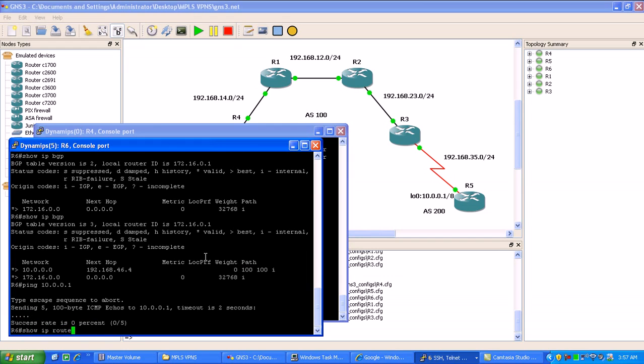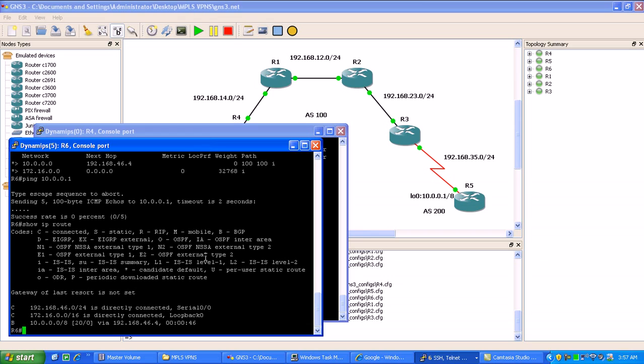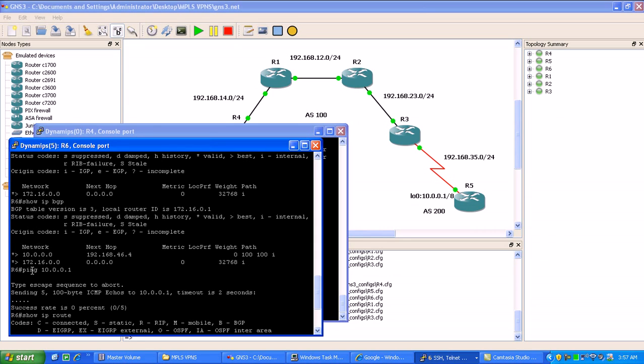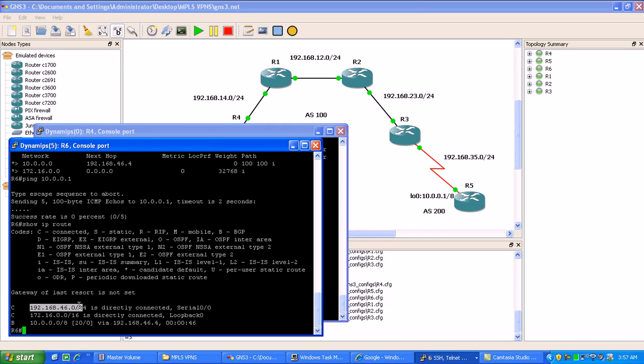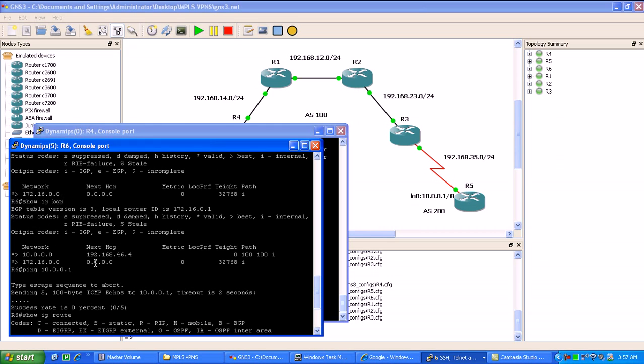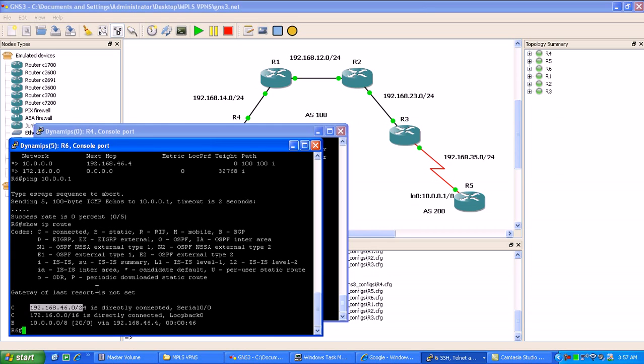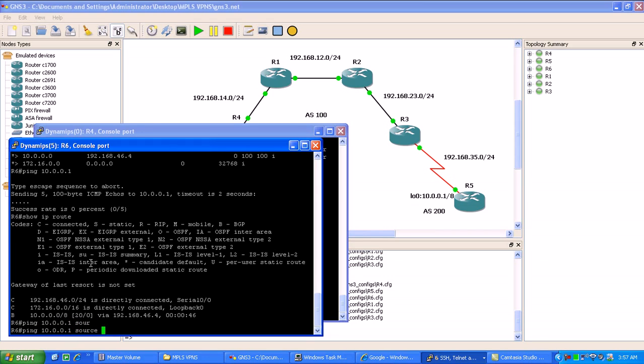Do a show IP route and take a look and see what's going on here. Again, you've got to remember that we're learning via BGP just the 10 network. The reason the ping failed is because the ping is sourcing from this 46.0 network, and the 46.0 network router 5 doesn't know how to get to, so we need to do a source ping. So we'll do a ping 10.0.0.1. We'll just source it from